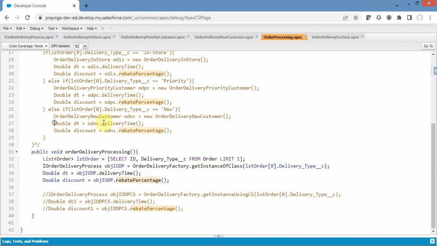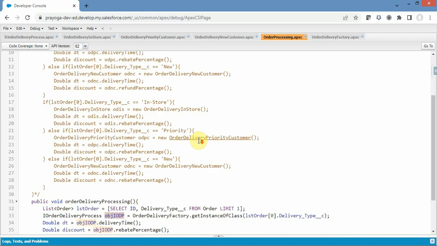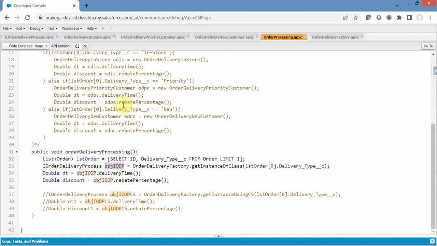So this redundant code, this we are calling three times, but now we are calling only one time. And the object creation, the all the headache of the object creation